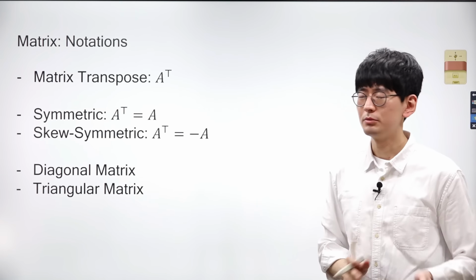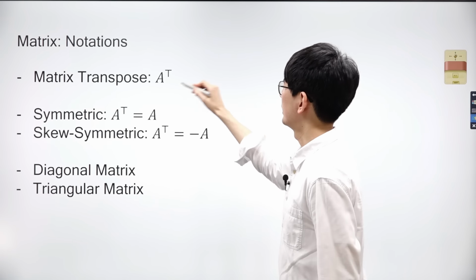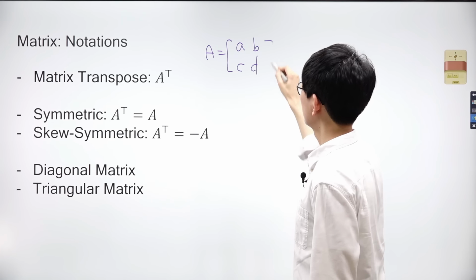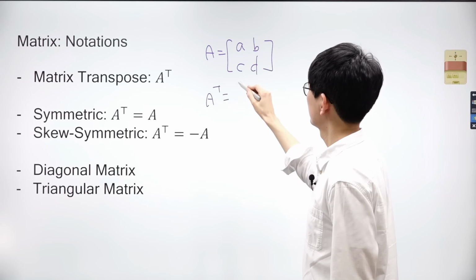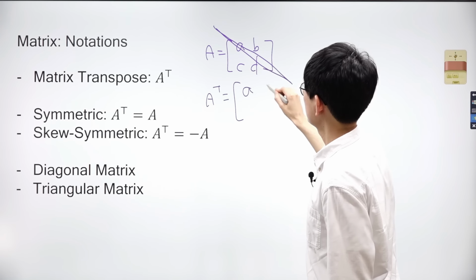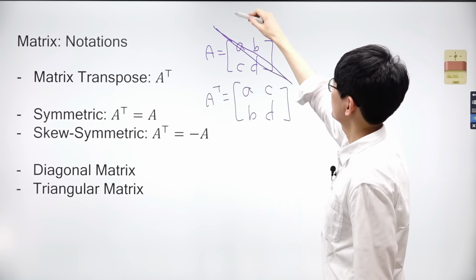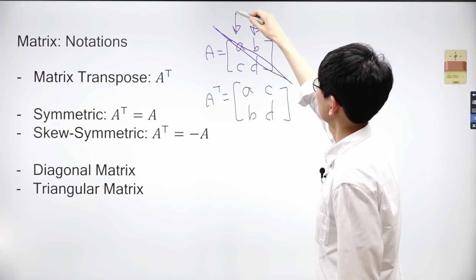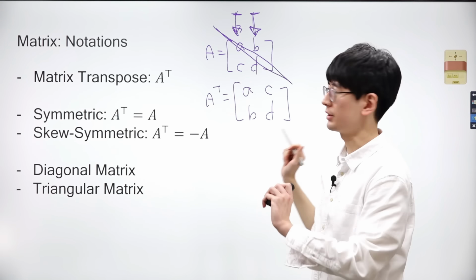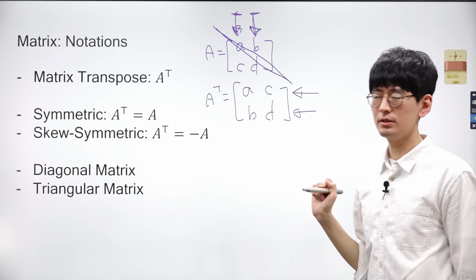If you have prior experience with linear algebra, you might recognize some of these terms on the board. Let A be a 2x2 matrix with values A, B, C, and D. The transpose of matrix A is obtained by interchanging its rows and columns. Initially, we wrote vectors in the matrix vertically. However, in a transpose matrix, vectors are written horizontally, with each row of the matrix becoming a vector.